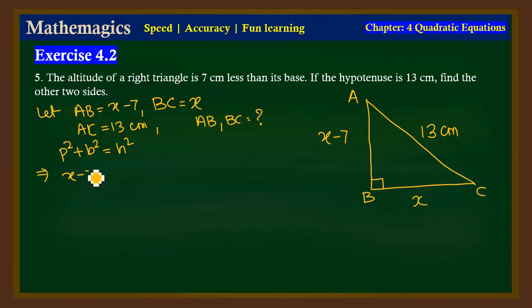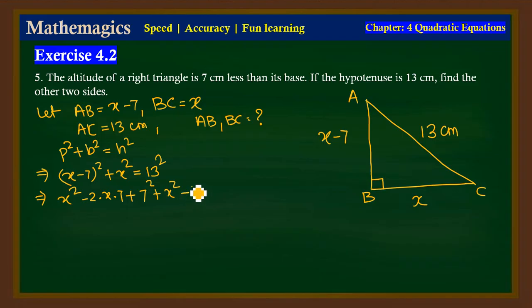That means (x minus 7) whole square plus base, that is x square, is equal to hypotenuse square, that becomes 13 square. So (a minus b) whole square becomes a square minus 2ab plus b square, that becomes 7 square plus x square, and this 13 square will come to this side, that becomes minus 13 square